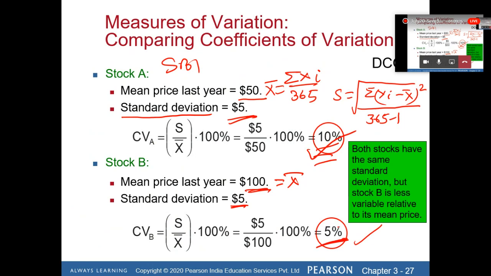So which one is more stable? You can easily say that ICICI Bank, stock B, is better. Here you have calculated central tendency and standard deviation also, but you cannot decide whether the stock is fluctuating, least fluctuating or highly fluctuating until you have calculated the coefficient of variance. So this is a case study.